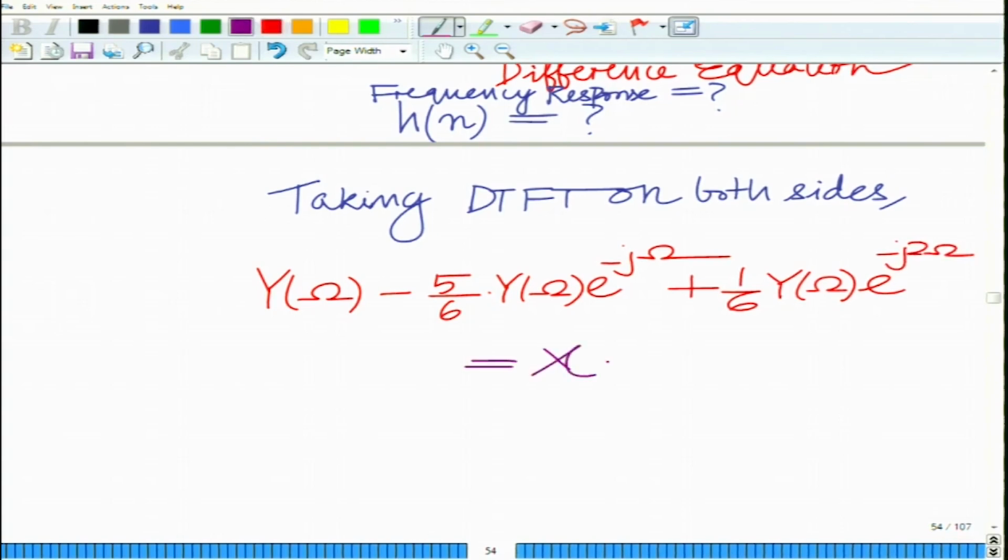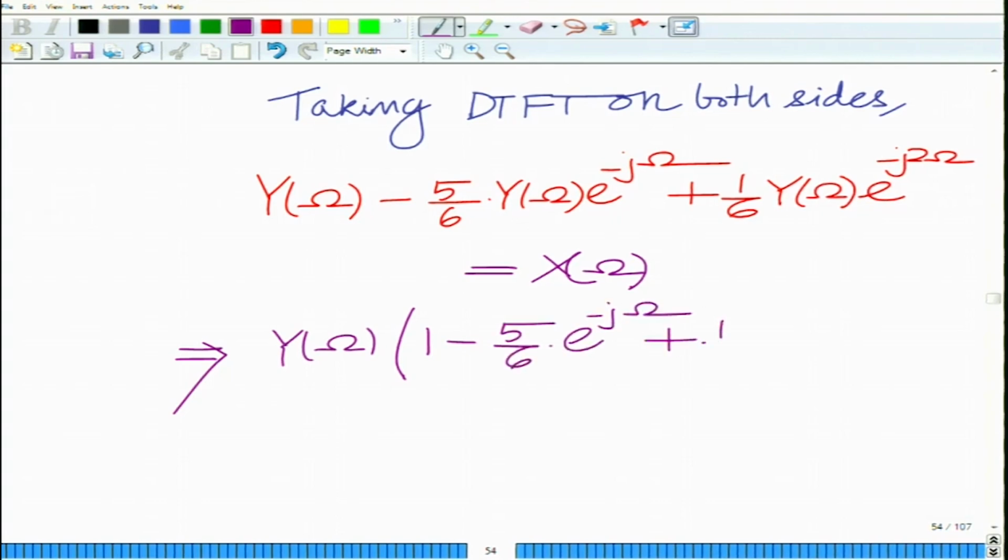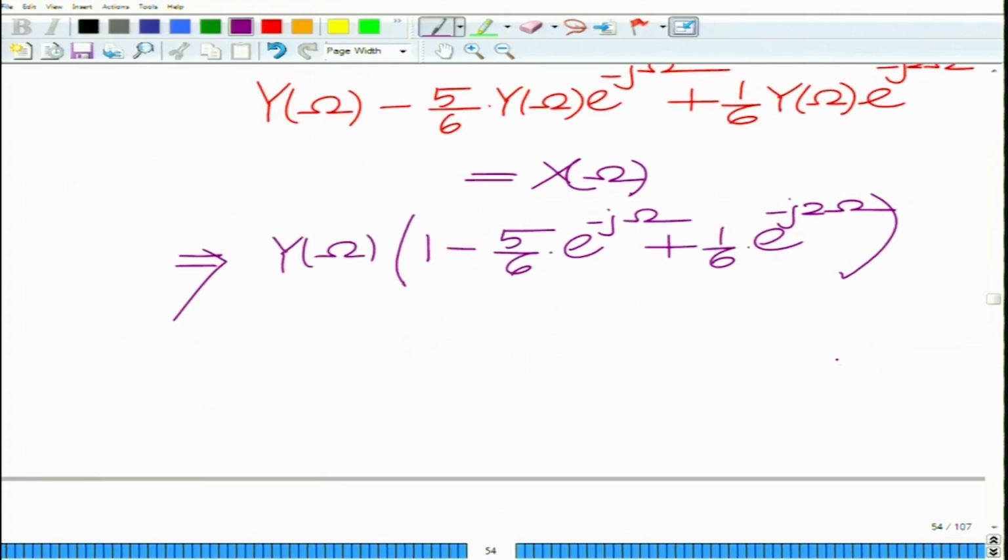This should be equal to X(omega). So Y(omega) times 1 minus 5/6 e to the power minus j omega plus 1/6 e to the power minus j 2 omega equals